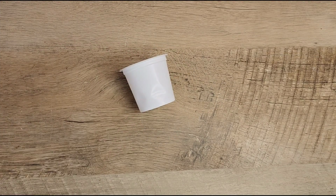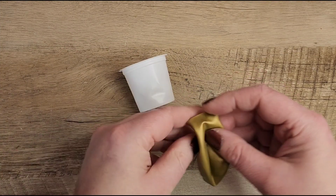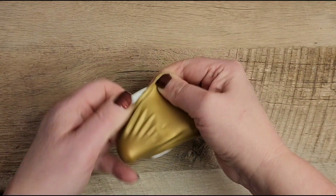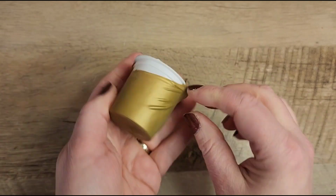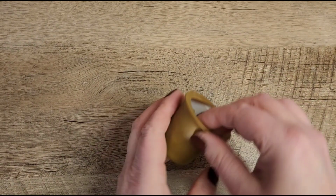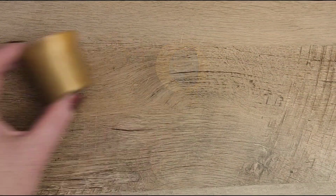So we're going to start out with our K-cup and a gold balloon. And I'm just going to trim a little piece of the balloon off. We're going to take this balloon, stretch it out, and wrap it up and around the K-cup. And this will give it a nice polished look without having to paint the K-cup. But if you don't have a balloon, painting the K-cup with some spray paint or some acrylic paint would be